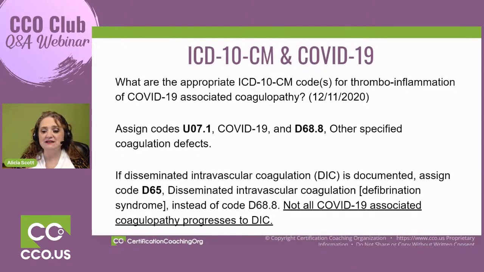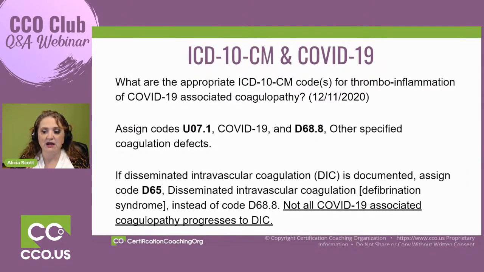There is a DIC condition, disseminated intravascular coagulation, that's a D65, but they made a point to stay, and they're linking this. They're saying, this is not MIS, it's a little bit different, but it is a problem with coagulation, and our current and post-COVID patients, they just note that just because it's COVID-19 does not mean that they have